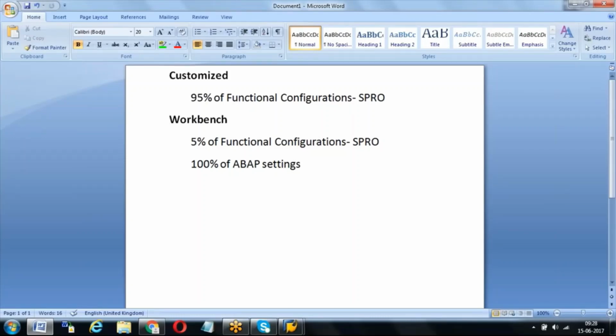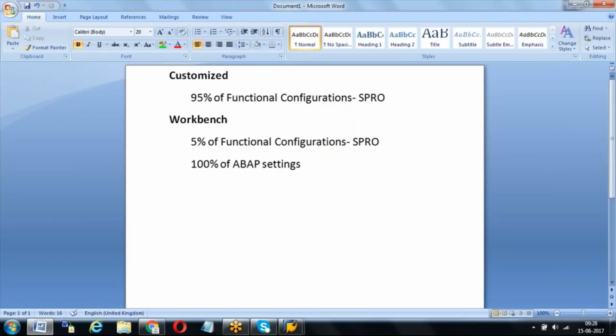Okay, so what I understand is, if they have many clients in the production server and there are any changes in the cross client, it will affect all the clients in the production server, but it won't affect quality and other servers. Exactly, but I don't suggest you use production, use development only, because we do SPRO kind of changes only in the development system. We won't do them in any other system. SPRO will be kept in gray mode or display mode for quality and production. We will keep it open only for the development system.